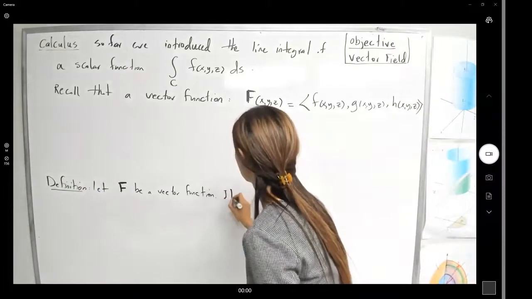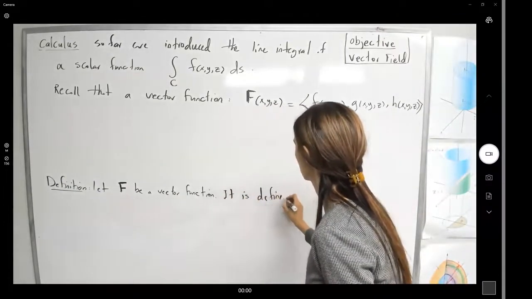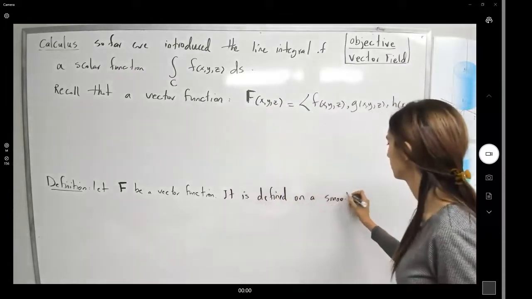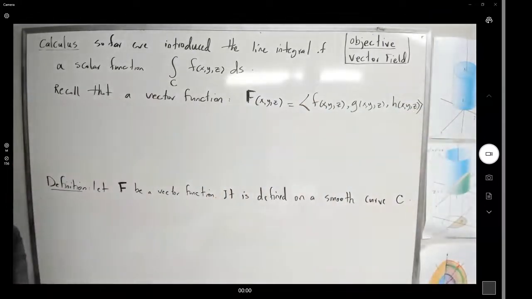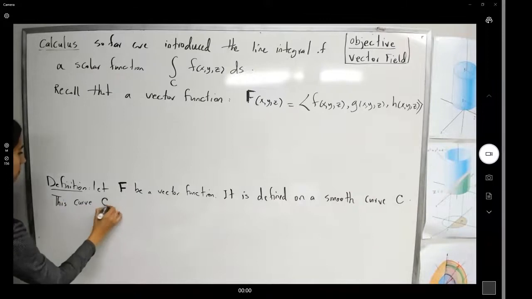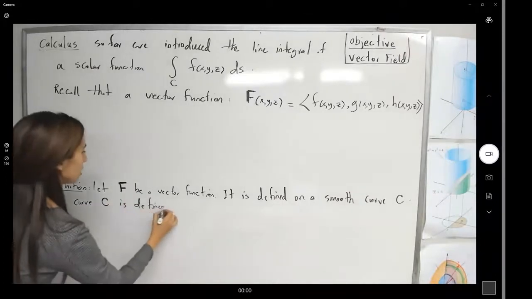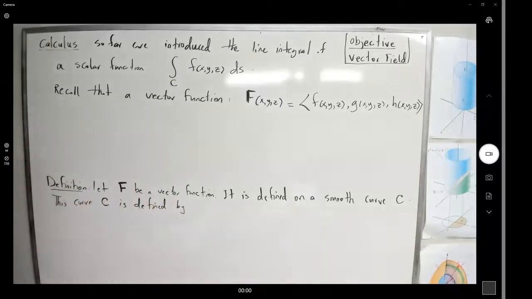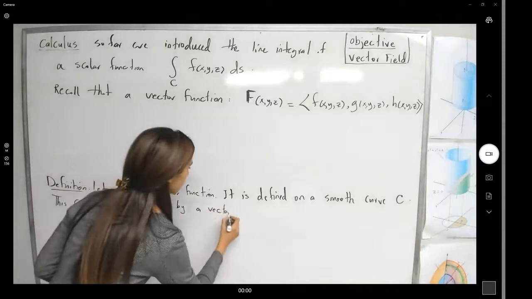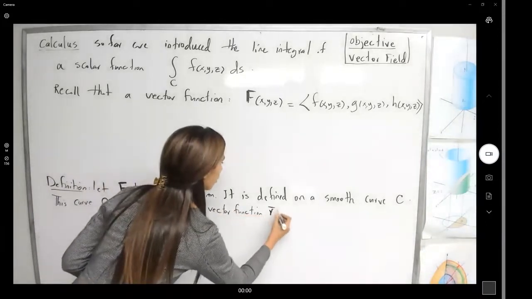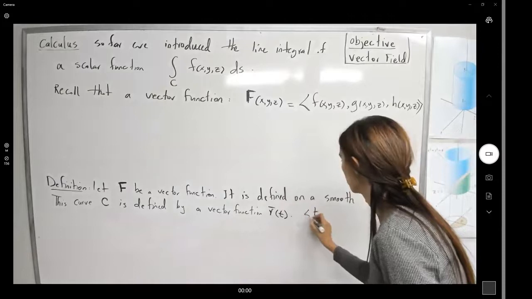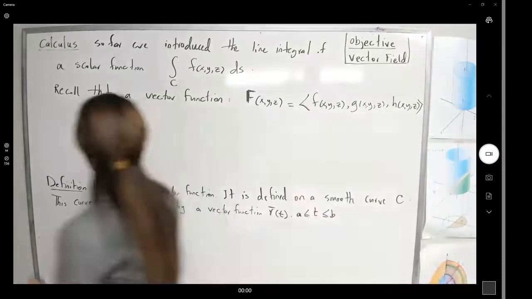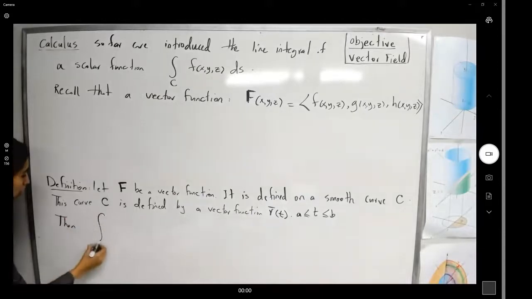It is defined on a smooth curve like C. This curve C is defined by a vector function like r of t, where t is bounded between a and b. Then the line integral